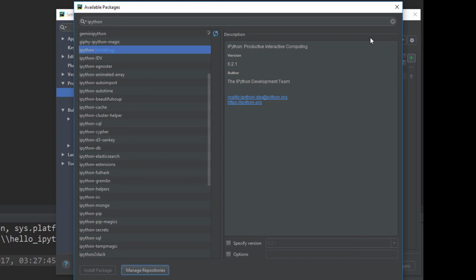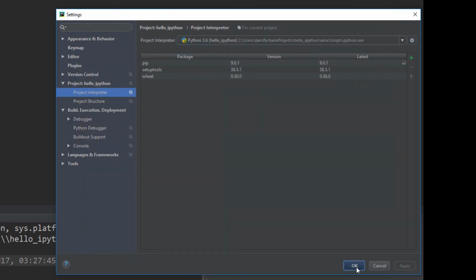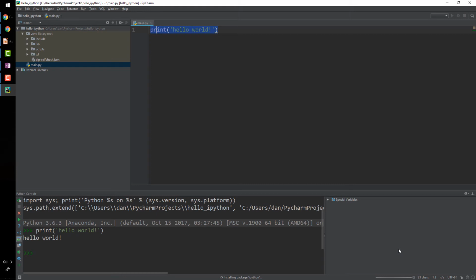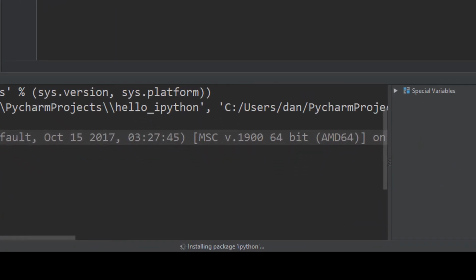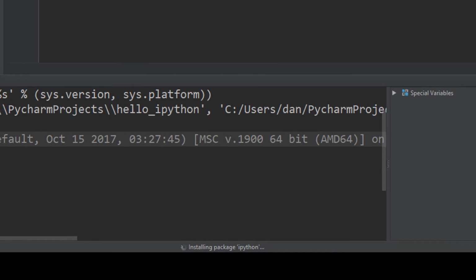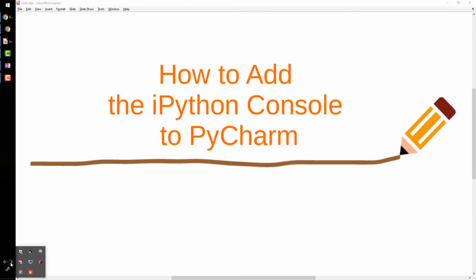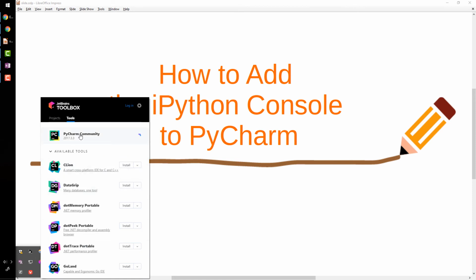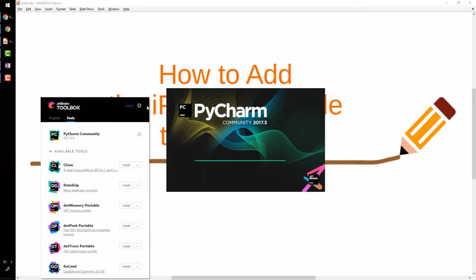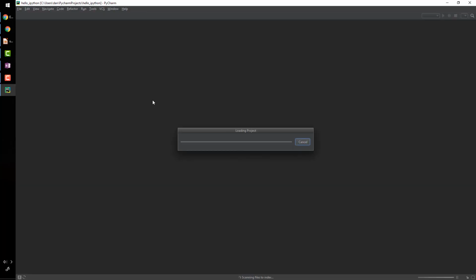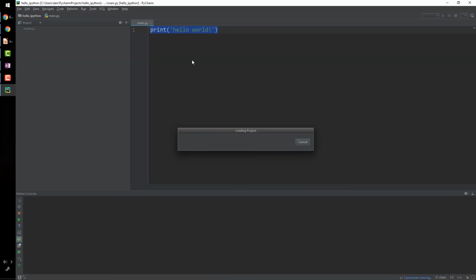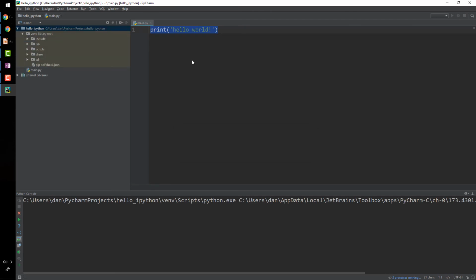And the installation is started. Now you can close these windows and wait for a few seconds until it's installed. Okay, the installation is now complete. Now restart PyCharm, so I'm going to close it and then start it again. Okay, it's loading now,